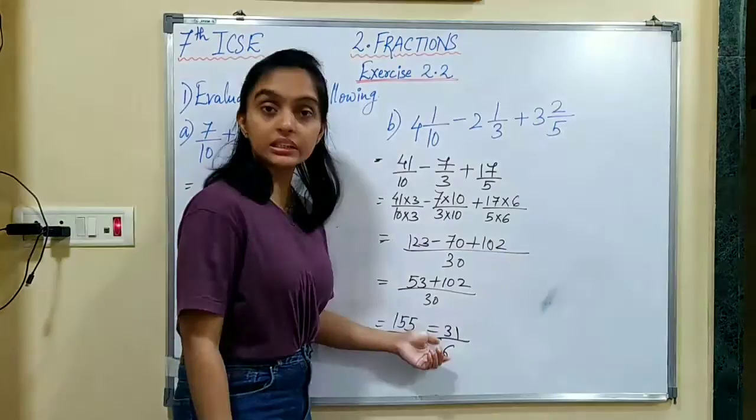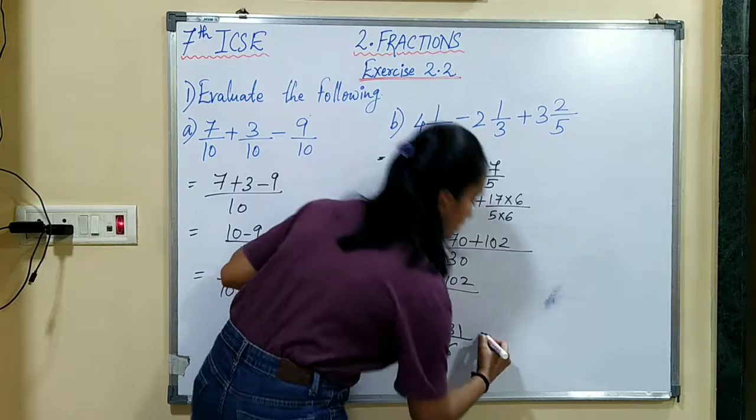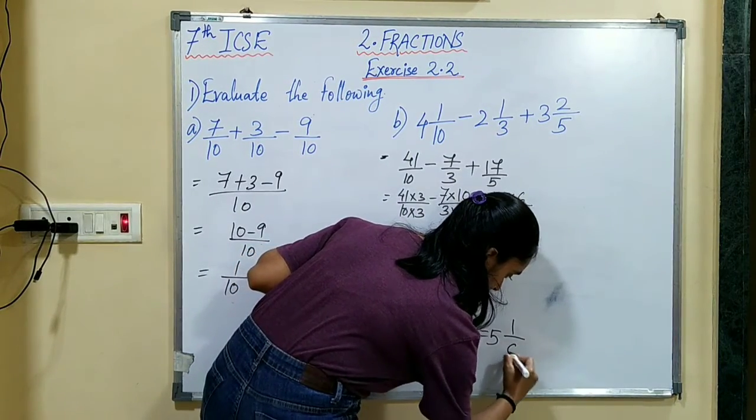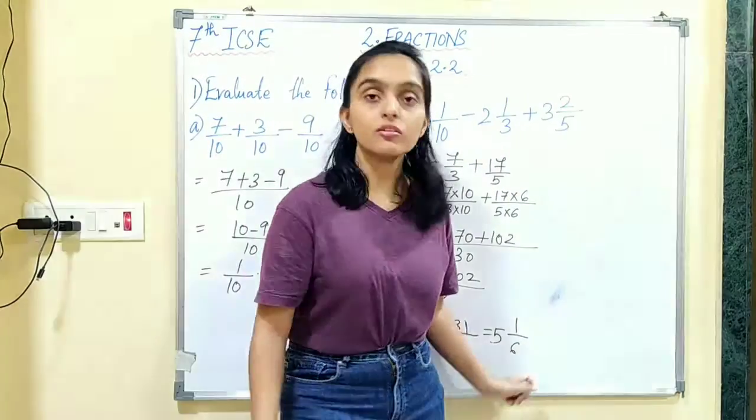We can also convert it into a mixed fraction now. So 6 fives is 30. So it will become 5 integer 1 upon 3. So 6 fives is 30 and plus 31. Okay. So this will be your final answer now.